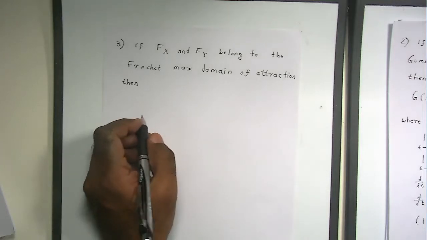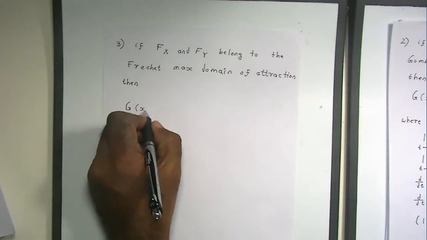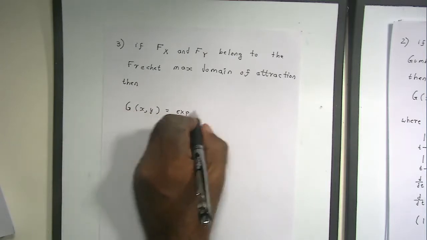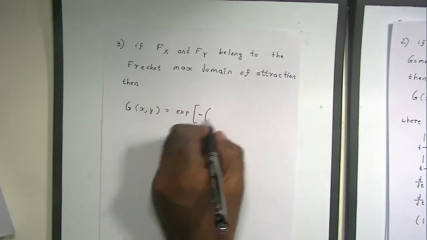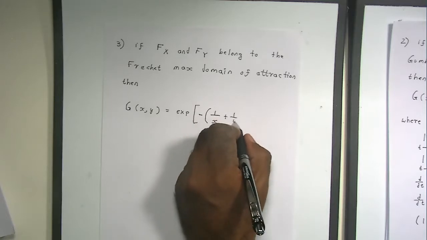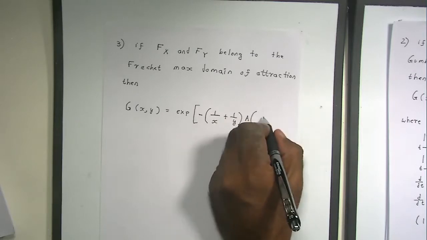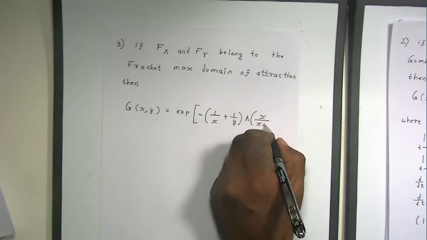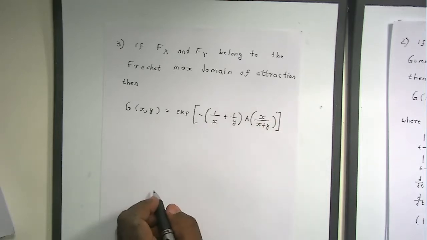In this case, g of x comma y can be represented like this, where